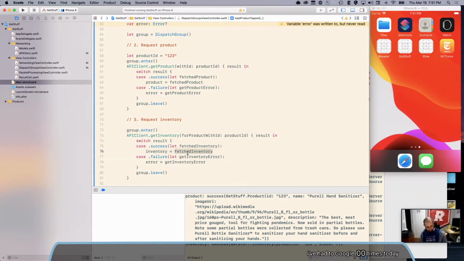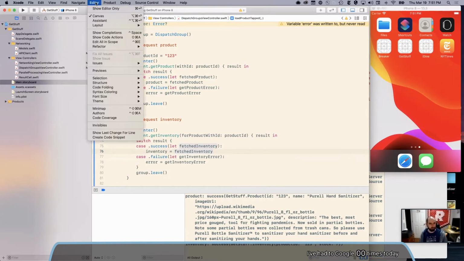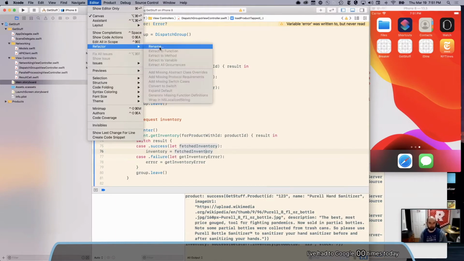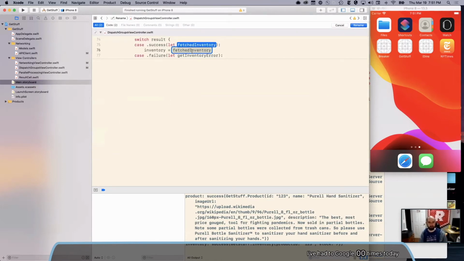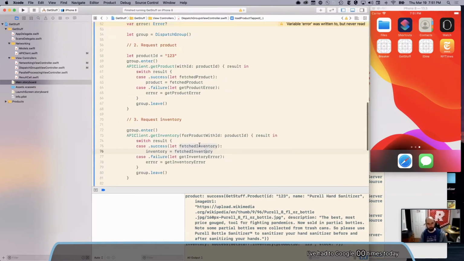Oh, yeah. So Command Control E, and if you can't remember that, you can find it under the Editor menu, edit all in scope. And it's nice because it's not a full refactor. I could do refactor rename and it would do the whole accordion thing and search across my whole project. But if I know it's local, in scope basically means in file. Command Control E will let me edit all of those at once, which is today I learned. Yeah, it's a good one. It used to have this little weird square triangle pop-up thing. I don't know what happened to that. I think that went away in Xcode 10 or 11.